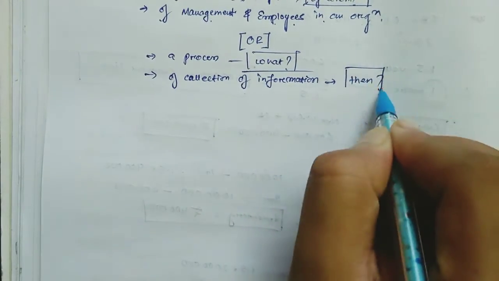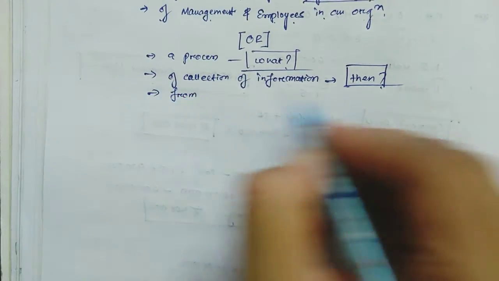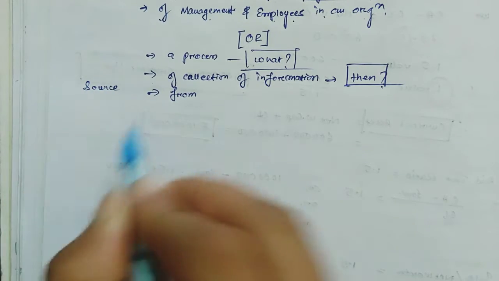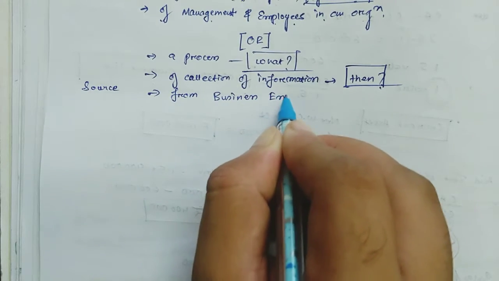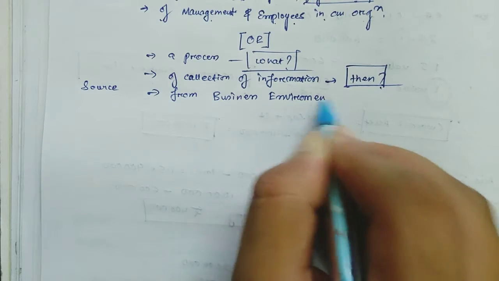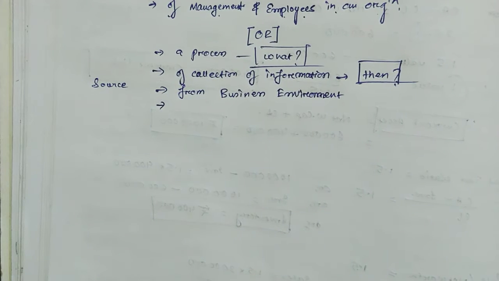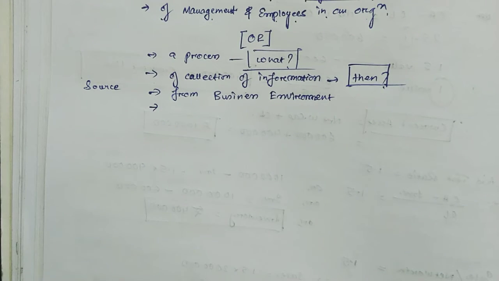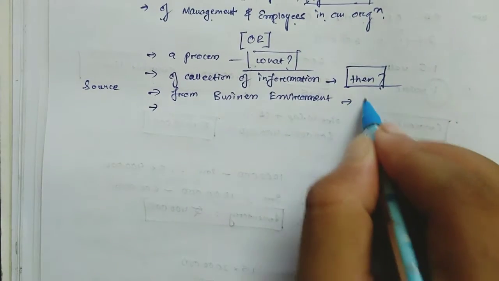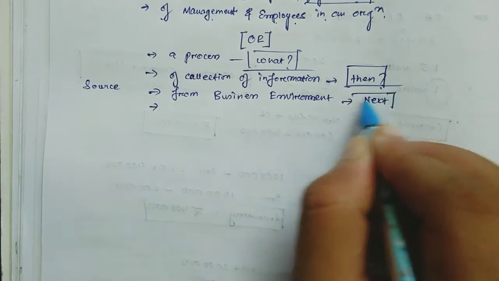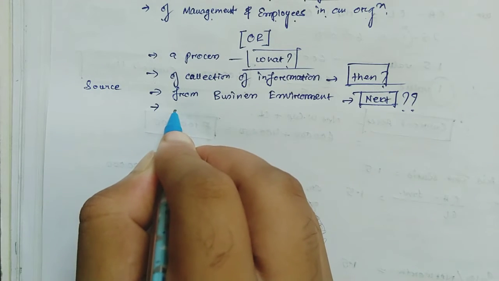then what? তারপর আমরা কি করব? কালেক্ট করা হচ্ছে, জানতে হবে সোর্সটা. We are talking now about the source, কোথা থেকে ইনফরমেশন কালেক্ট করা হচ্ছে, from business environment. Okay, so what is this? Corporate communication is a process of collection of information from the business environment. ঠিক আছে, নেক্সট তারপর কালেকশন করে কি করব? এক্সচেঞ্জ করে দেবো কি? নো, এখানে আরো ডিটেলসে গেছে, বলছে দেন